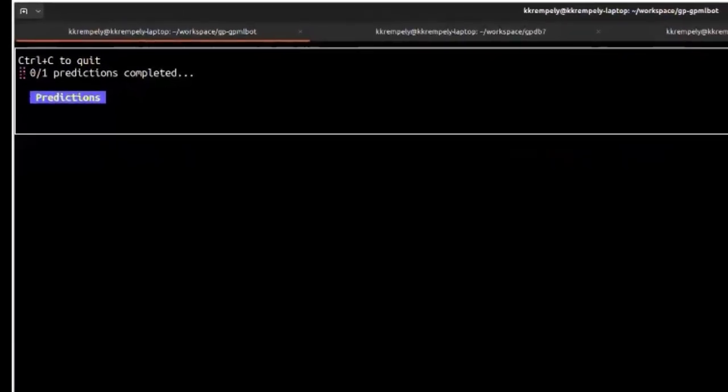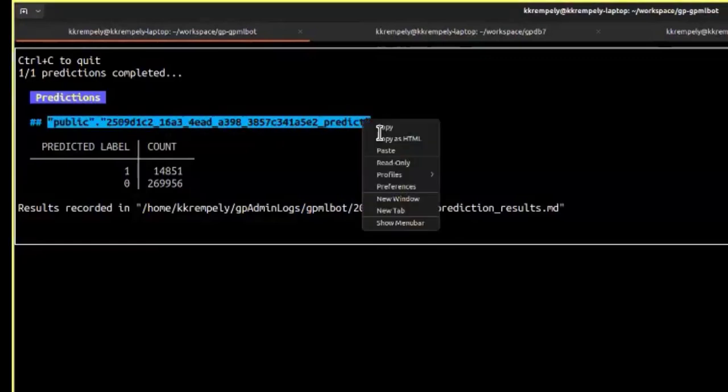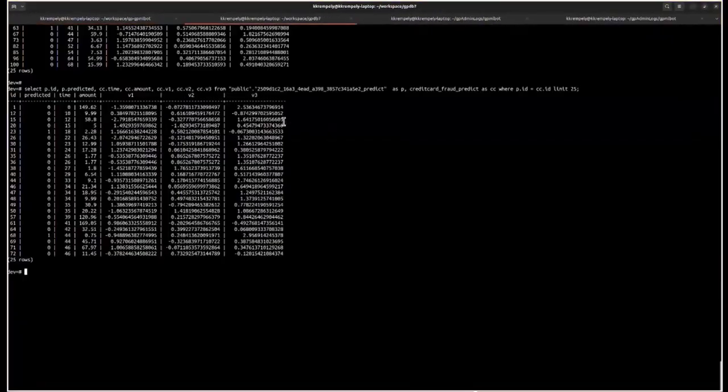And this is going to take a little while, potentially. That depends on the size of your data set. So prediction completed. And as you can see, it gives the output table of the predicted results table. What this is basically saying is 14,800 transactions were fraudulent in our data set, and about this many were not fraudulent that it found. Then it tells us a file where we record these results so we can look back on it again in the future. So if we take a quick peek at that table,